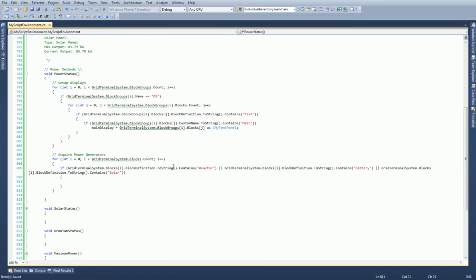So what this is basically checking for is if it's a reactor, if it's a battery, or if it's a solar panel. That's what I'm going for. Now, if you introduced a mod that had some kind of solar or something else that didn't generate power, it might screw things up, just because it's going to look at that as, hey, it has solar in it, but it's not really a solar. So just keep that in mind. I think because we're using the block definition and not the custom name and stuff, it should be okay, but theoretically. Okay,